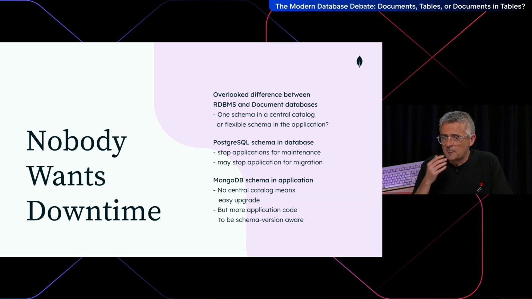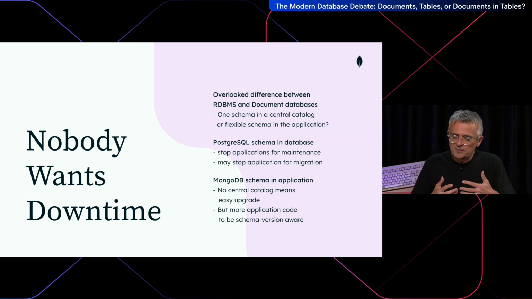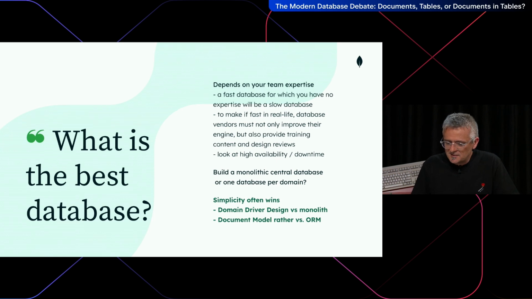And something important also there, I mentioned that in a relational database, the database knows the schema, whereas in a document database, the application knows the schema. So if the application manages the schema, then you need more code, but it makes it easier to upgrade the database because the database can just upgrade the nodes without caring about this single point of truth that is the catalog or the schema. And finally, the question is often, what is the best database?